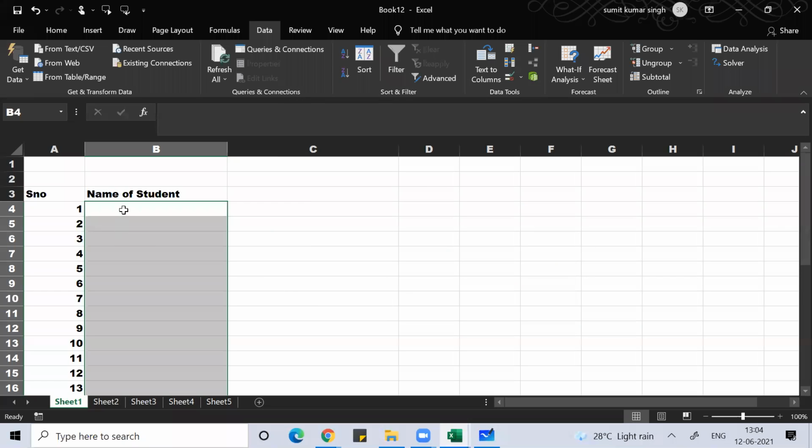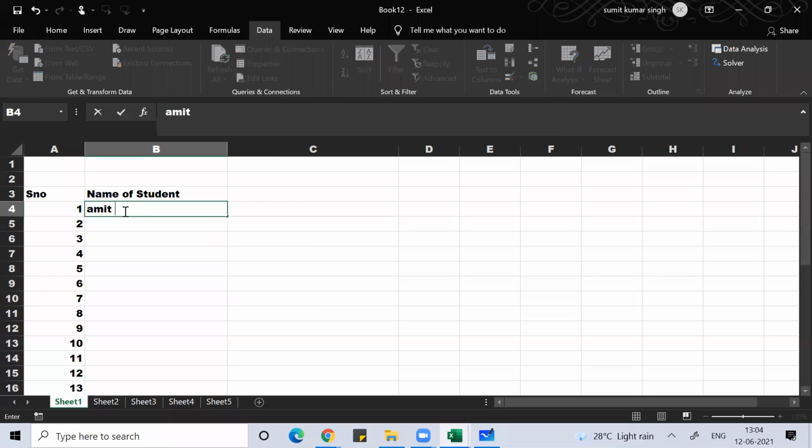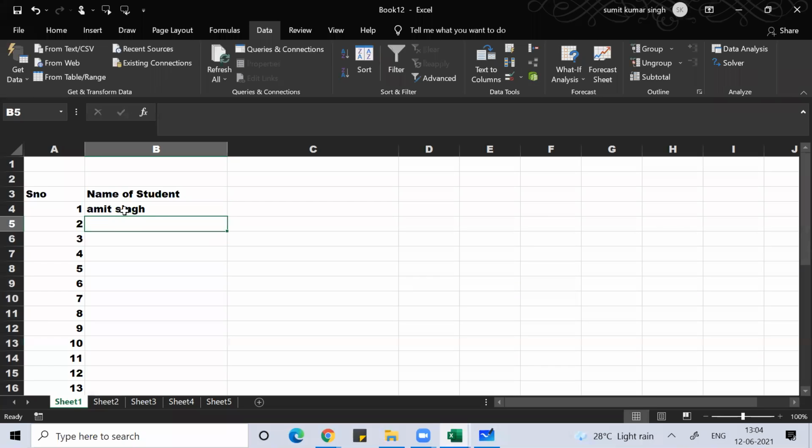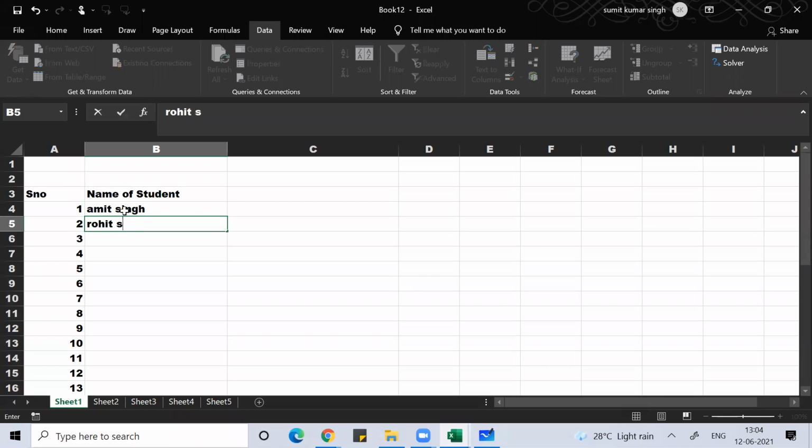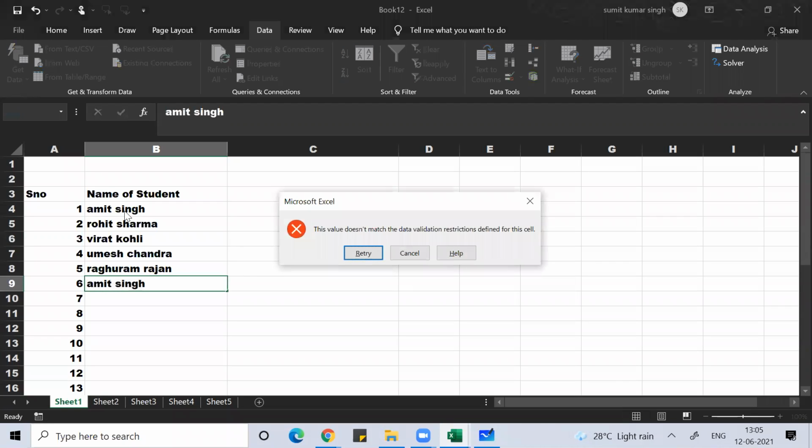Now if I write here any name, okay, I wrote Amit Singh, then Rohit Sharma, then Virat Kohli, then Umesh Chandra, then Raghu Ram Rajan. Then again by chance I wrote Amit, then it is not accepted. This value does not match the data validation restriction defined for this cell.